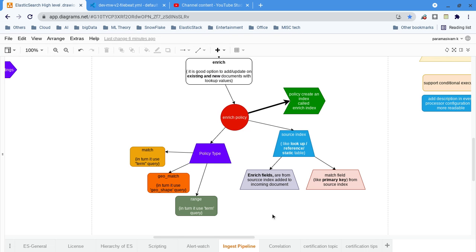Whereas Logstash, though it can take data from different sources like a database, JMS queue, file or any other storage, has to send a request to that process or database, it has to query, and the response has to return. So obviously there is network traffic. In that perspective Logstash is not good. Even within Logstash you cannot bring all those reference data, but here you can. So from the enrich perspective also, the ingest pipeline is best rather than Logstash.